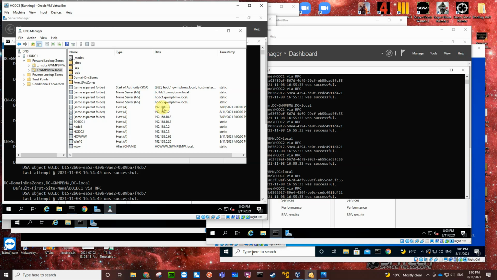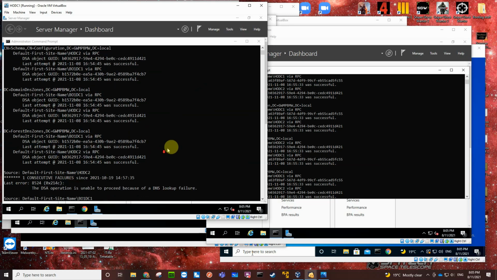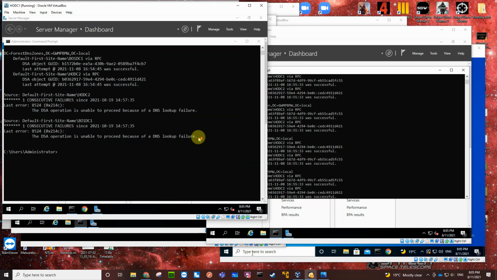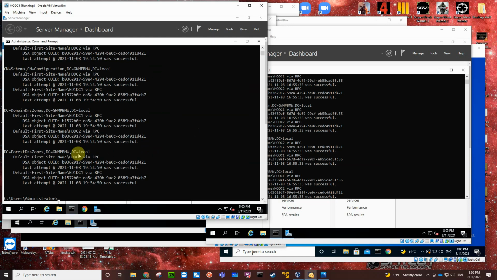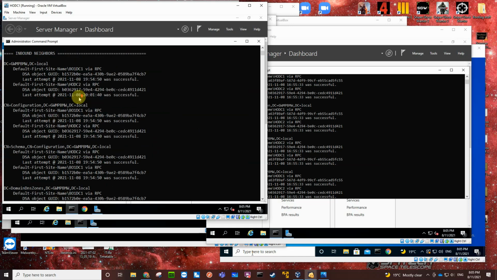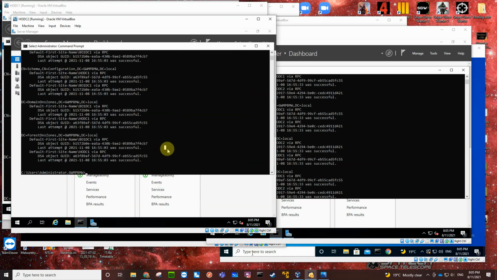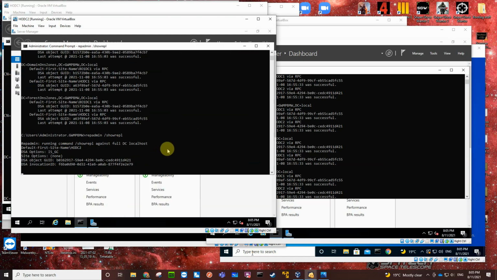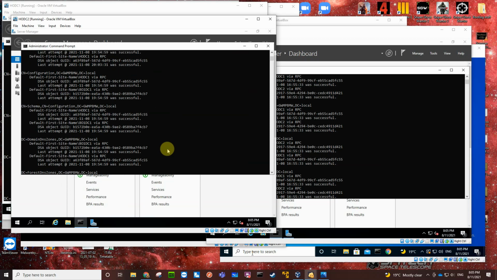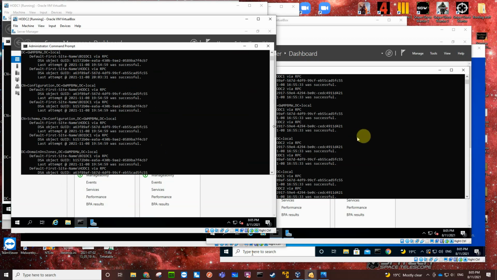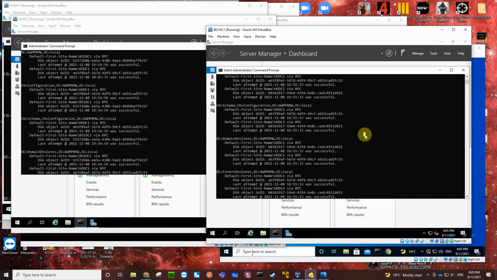So they're DNS servers, and we can also see here that we have Active Directory replication. I'll just do a show replication, and we can see that the replication is all successful. That's on domain controller 1. We'll do the same on domain controller 2, and you can see that the replication is all successful, and the same over in